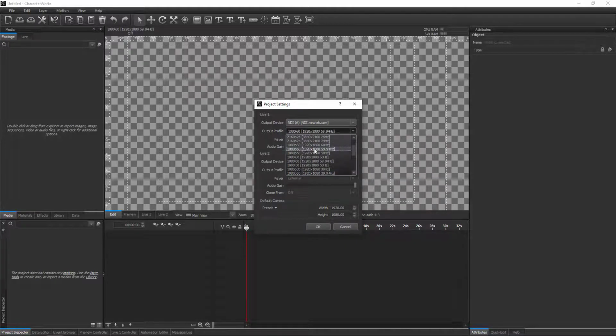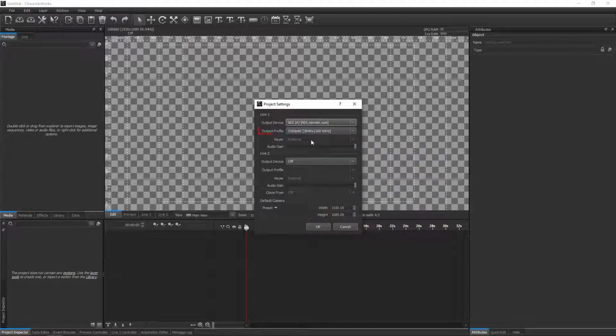These include legacy TriCaster systems, NDI for newer TriCasters, or other systems such as vMix or Blackmagic Decklink boards that allow SDI connections. It is also possible to use video output ports, DisplayPort, HDMI etc. on your graphics card for preview or output purposes. If you purchase the video wall output option, it becomes available as an output device here as well.